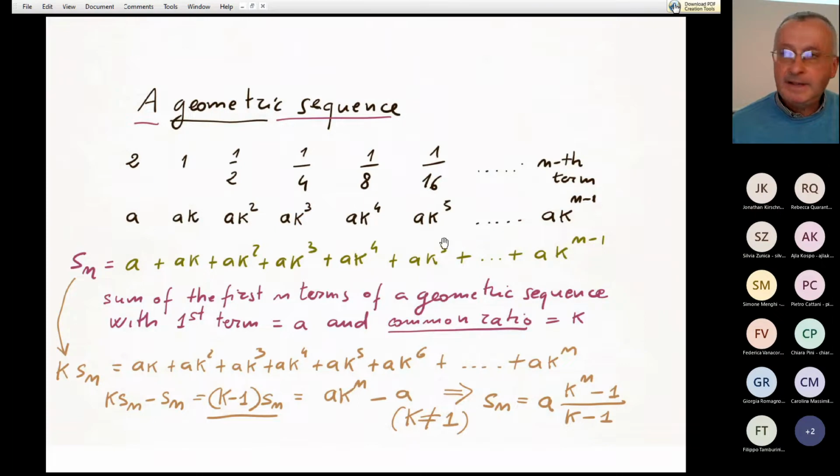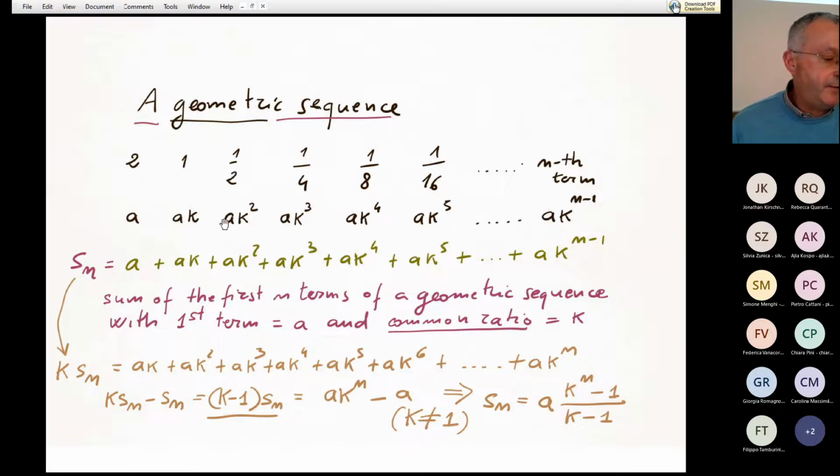So what is the mathematical representation of a geometric sequence? The first term is a number a. The second term is a times a factor k. The third term is a times a factor k times again a factor k, so it is a times k squared, and so on and so forth, okay? The last term of the sequence, these are n terms, is a times k to the power of n